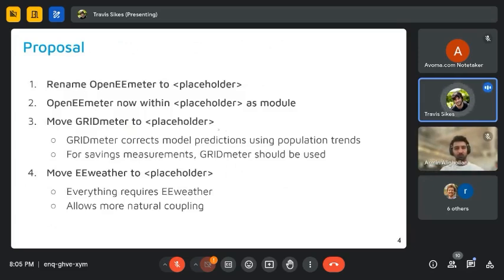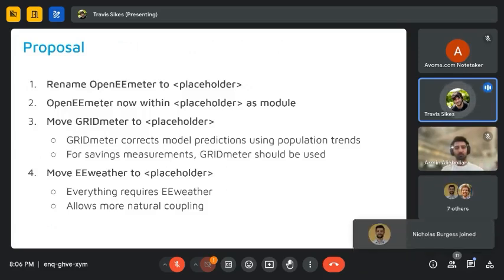This is for all of the reasons I just mentioned. These comparison groups correct model predictions using population trends and external factors, and that will make all savings measurements far more accurate.